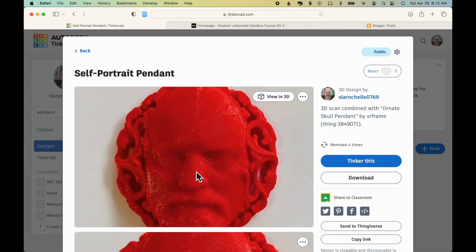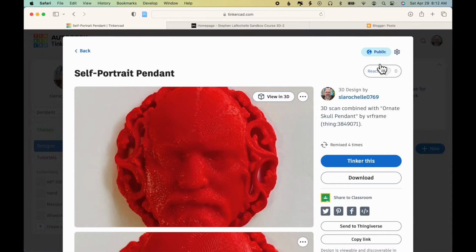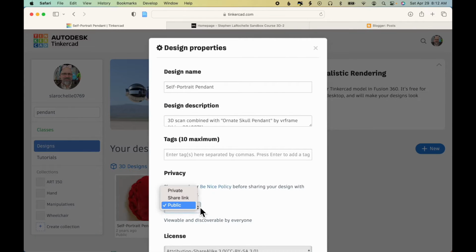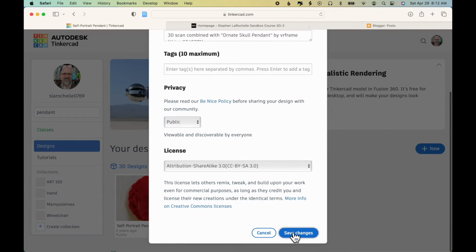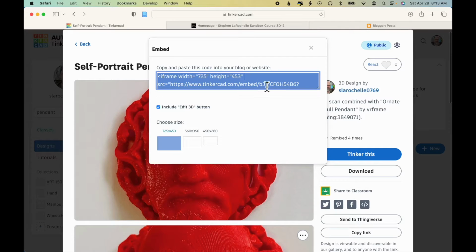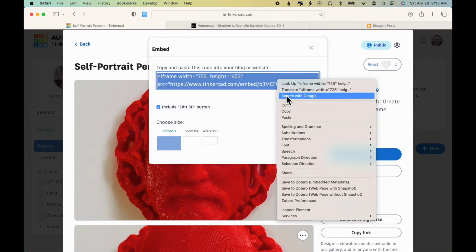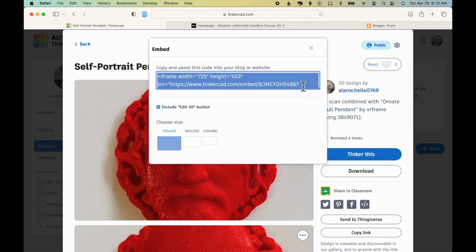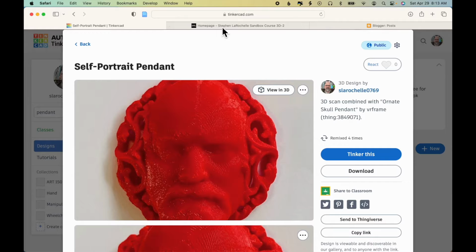The first thing you need to do is make sure that the design is public. If it isn't, you can click the gear icon and properties and change private to public. Then scroll down and click Save Changes. And then over on the right-hand side, where the HTML symbol is, click on that. And you'll see the embed code there. It's already selected. So all I need to do is copy it